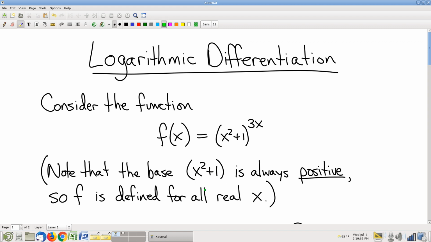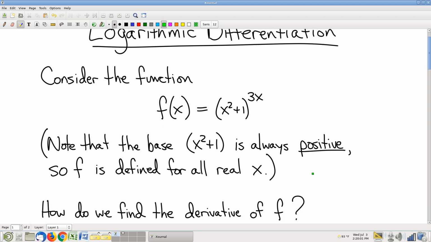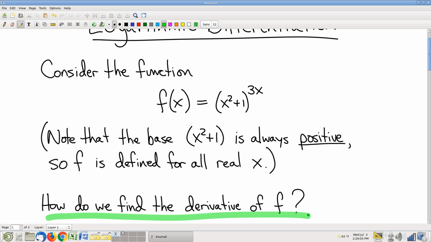We also need to make sure that this base is never zero, because we can't raise zero to negative powers. After all, that would be dividing by zero. So very importantly, we have to make sure that this base is always positive. And conveniently, this function x squared plus 1 is always positive, so no problem. Okay. All right, so with this function now understood, let's proceed to the question, how would we find a derivative